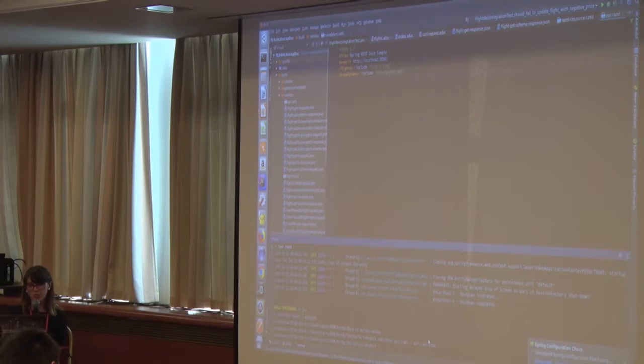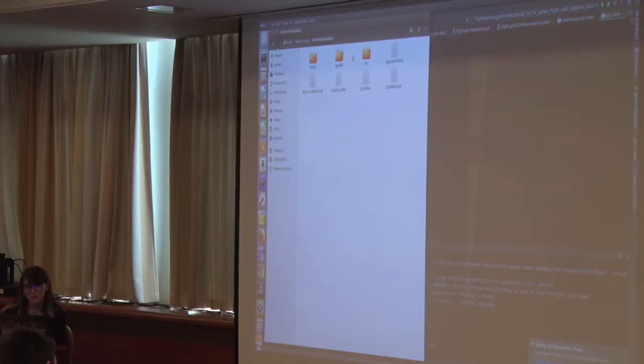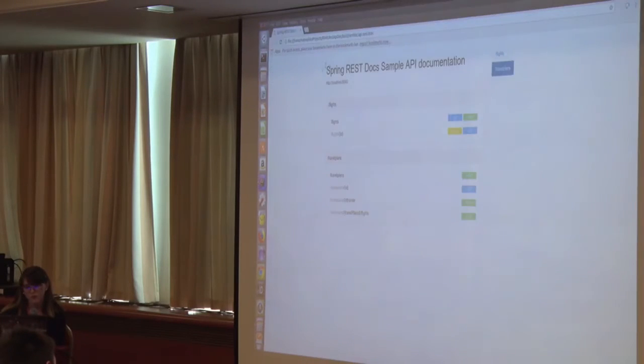And it should produce an HTML file. That file can be seen right here. So we can try to open it. So here you can see all the resources. It also displays the address that we expect this service to be served on. There is also flights resource